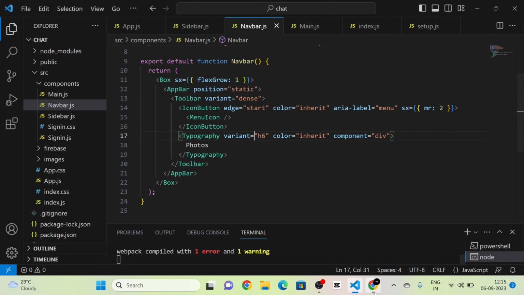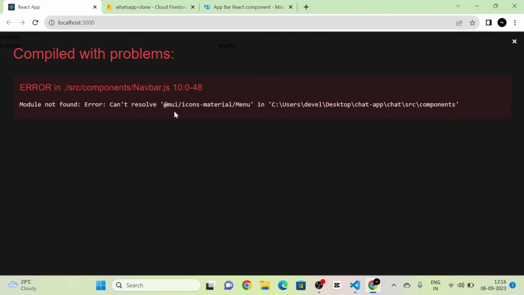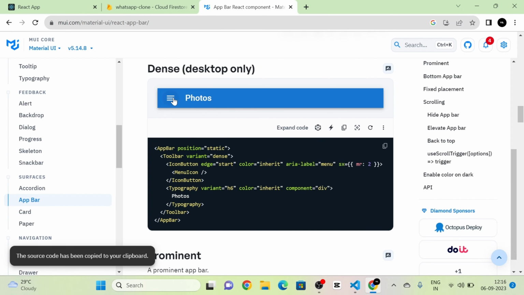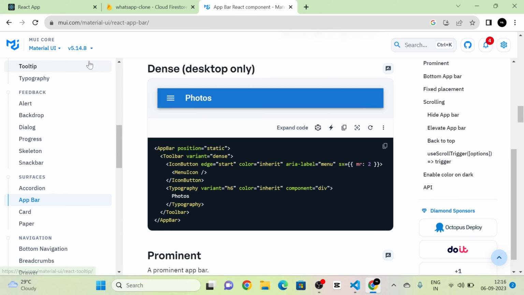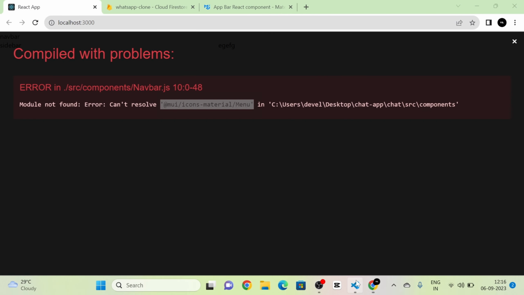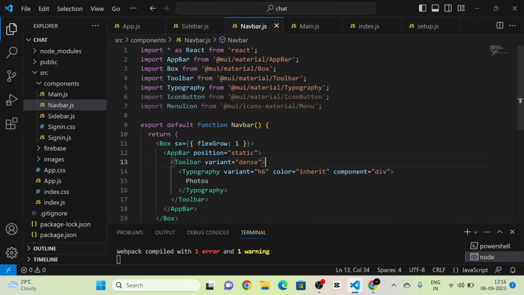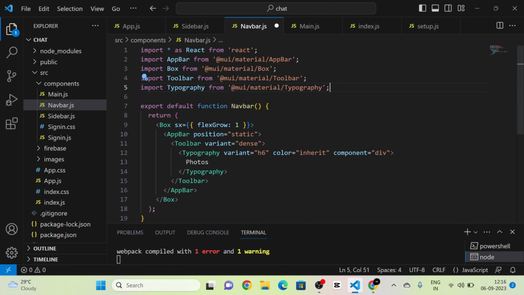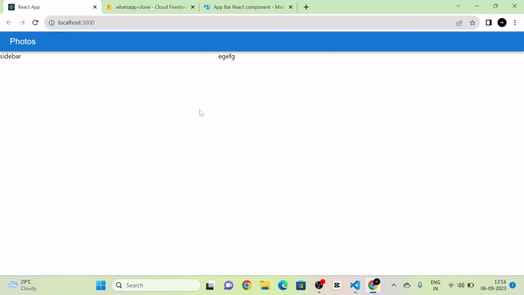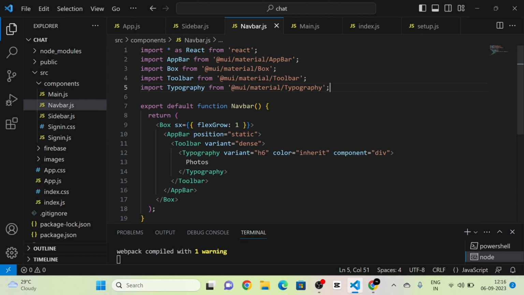So now you can see that it is showing an error about the menu. So we don't want the menu like this. So I'm going to remove that menu section from here, and I'm going to remove this also. So now you can see the structure of this navbar, like this. So from here I am going to remove the typography also, typography completely,